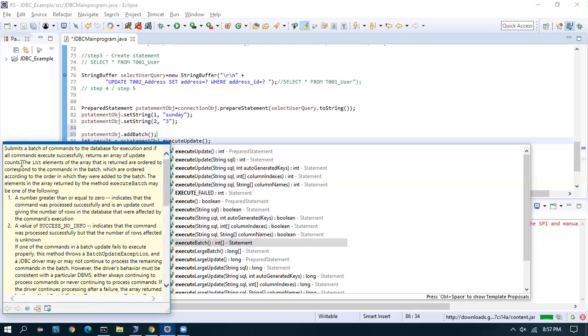So this execute batch, add batch is very important for performance tuning. Without this, if you write a program to insert an Excel sheet, it would be running for hours. I'll tell you one real world example. In one of the warehouse projects which I was dealing with, files would be coming in continuously. Every Excel or CSV file would have at least 50,000 rows. So we had to write a batch for this.